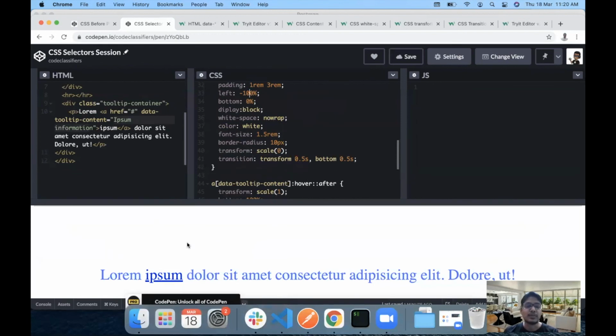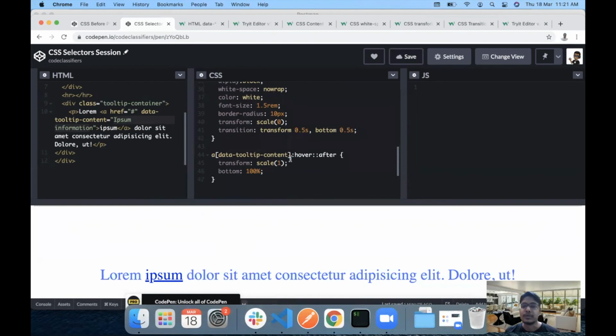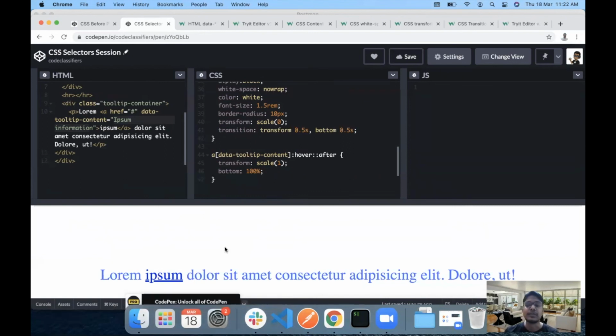Then we used the transform property to change the transition, that is we change from transform scale 0 to 1. So we did that using the hover property and using the transition property. With the transition, we slowed down the transform property from 0 to 1 a bit with a duration of 0.5 seconds so that it looks a little bit better. And that's it from my end.